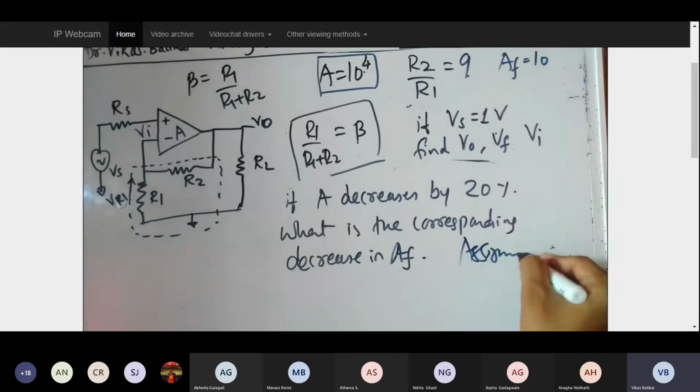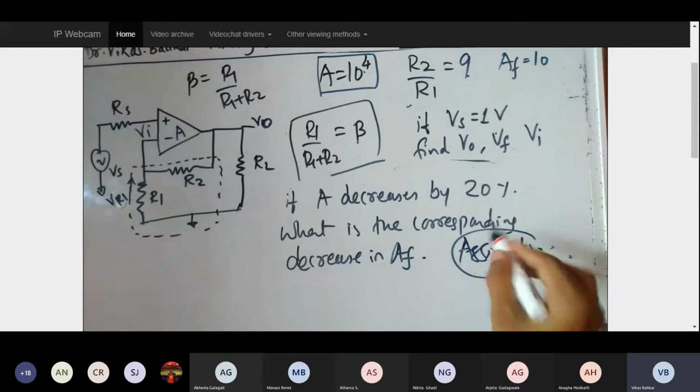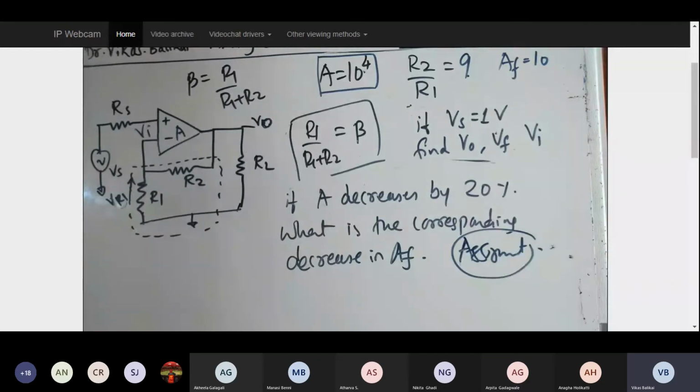Either you consider it as an assignment or you solve it and keep it as part of the notes, and you can try to replicate the same thing in the examination. So this was the last one. I'm going to leave this as part of homework to you guys. So this is all about that one numerical, to give you a glimpse of the entire feedback structure. I hope this entire thing is clarified now.